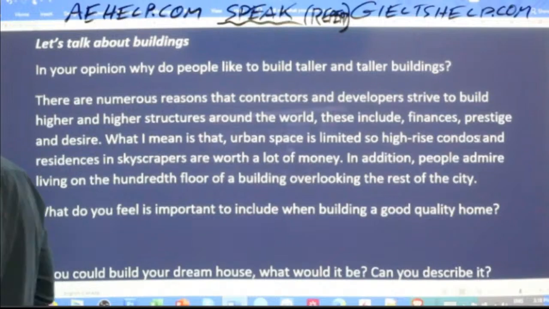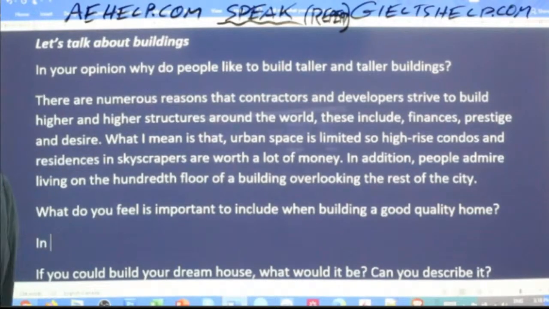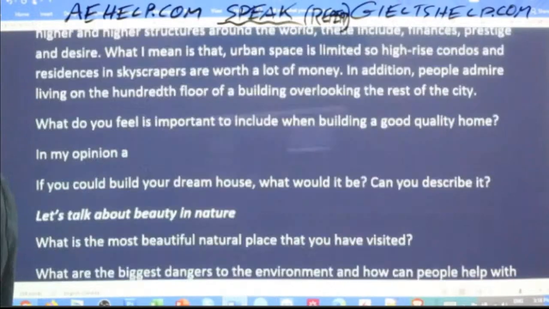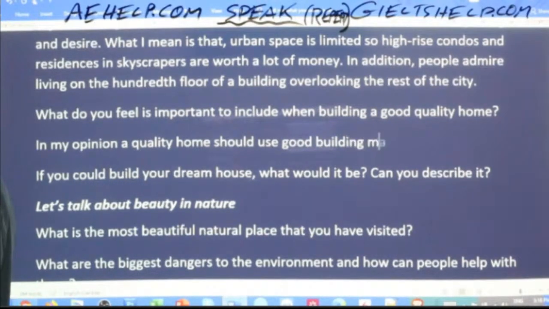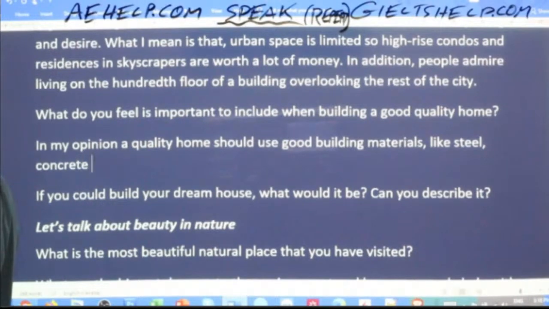Okay, so in my opinion, a quality home should use good building materials like steel, concrete, and glass for apartments.